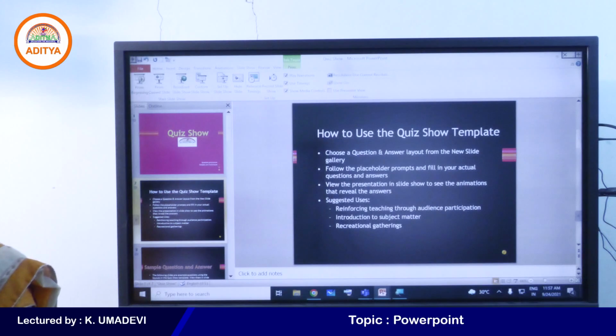See, try to apply all these effects on your presentation. Just create a PowerPoint presentation on a quiz. So your assignment is to create a presentation, just prepare a quiz on computers.